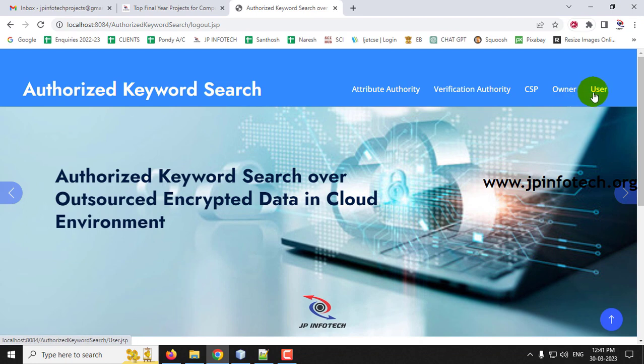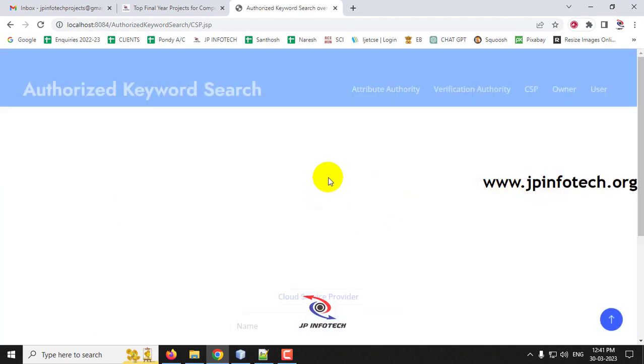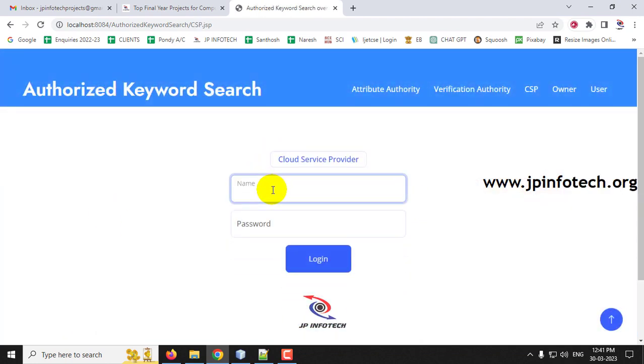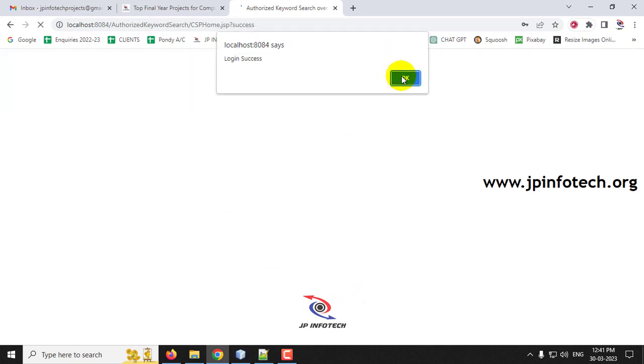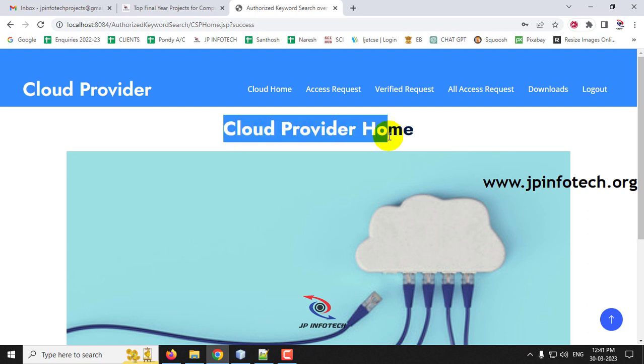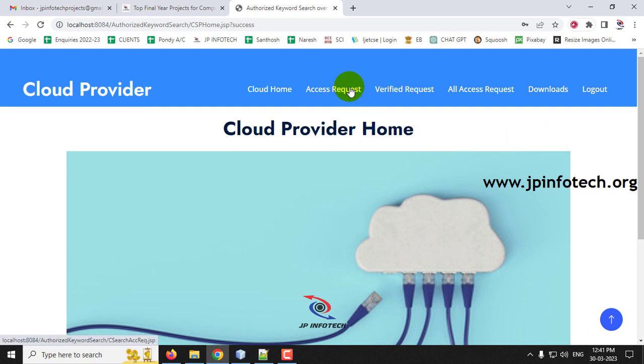And now let me log out and go to the cloud service provider, CSP. Log in with username and password both as CSP, both in capital letters, and click login. Now it will navigate to the cloud service provider home page, where you can see the access